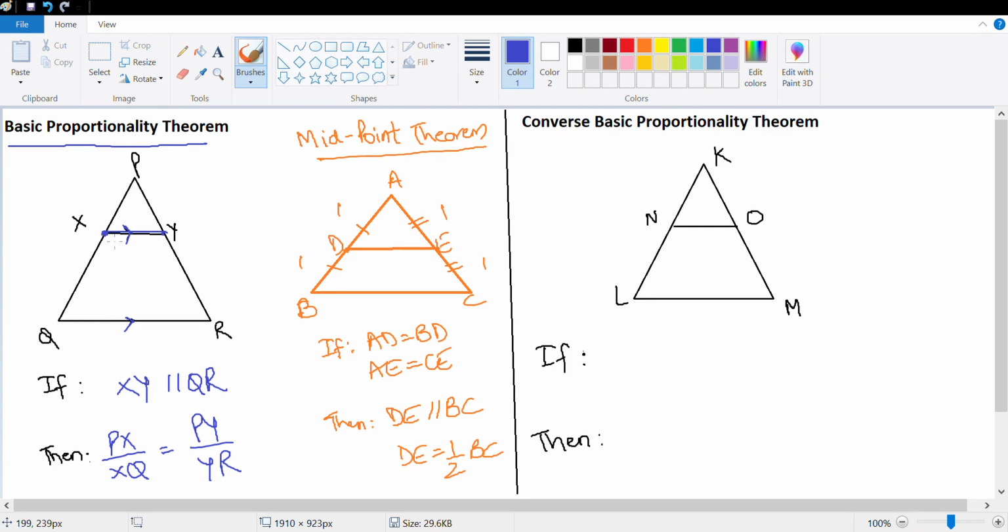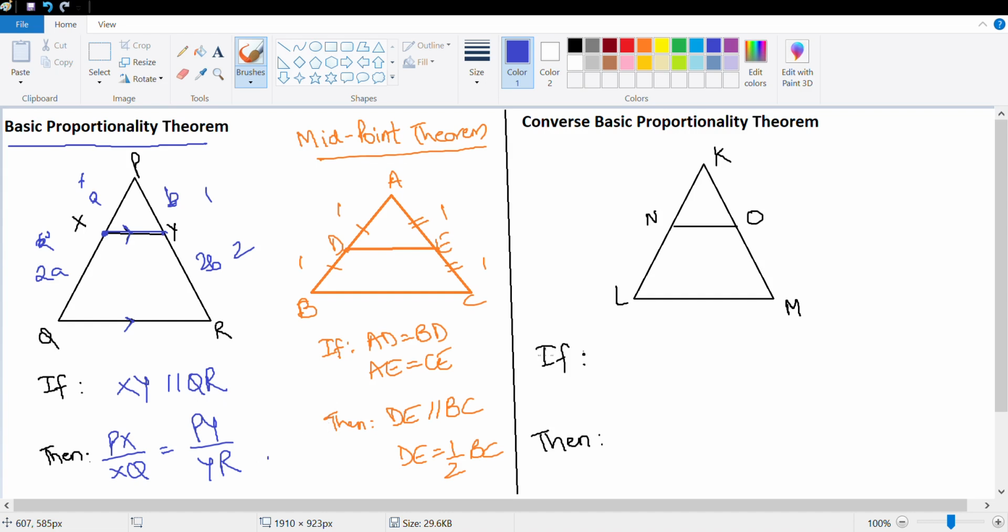This is exactly the same, which means if this is, let's say, A and 2A, then this will also be B and 2B, which means the ratio will remain the same, right? So the proportion could be different, but the ratio would remain the same. This is 1:2, this is 1:2. Perfect. What would be the converse of it?